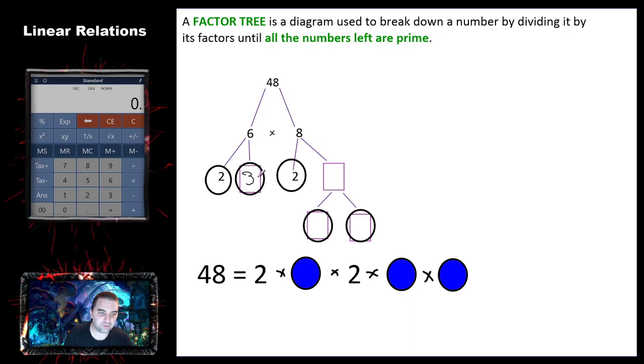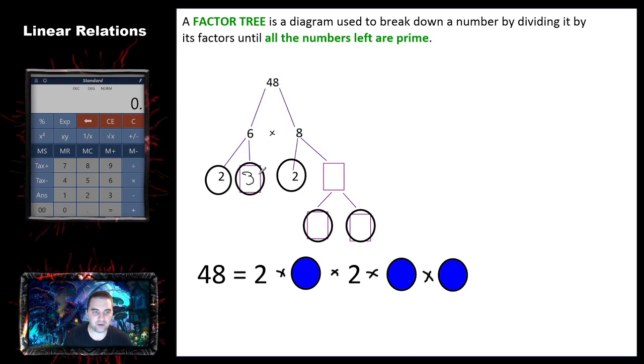And the reason that these are circled is because they are prime numbers. You can't break them down further. Like, what's the point of saying 1 times 2? Oh, and then I can do it again, 1 times 2. And no, that's just stupid. When you get to the prime number, you stop and you circle it. And we circle it so that we keep track of them. So we have 2, 3,